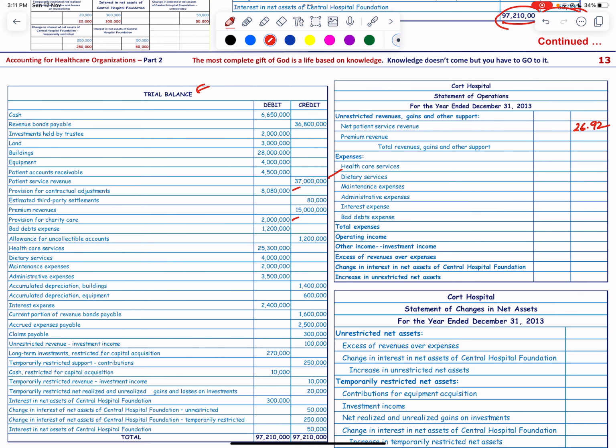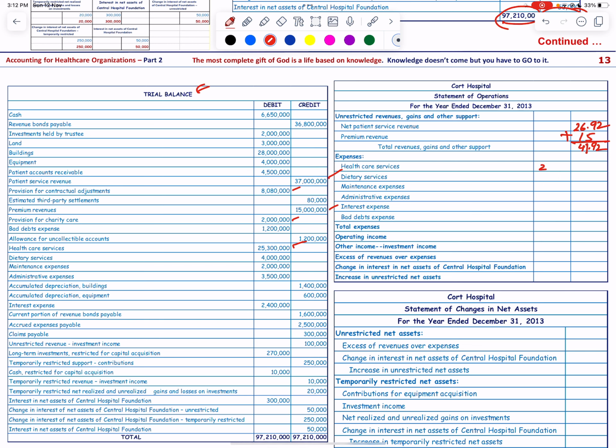Then we have premium revenue, and the premium revenue is 15 million, and the total revenue will be the summation of the two, that is 41,920,000. Then we have the expenses, and the expenses are